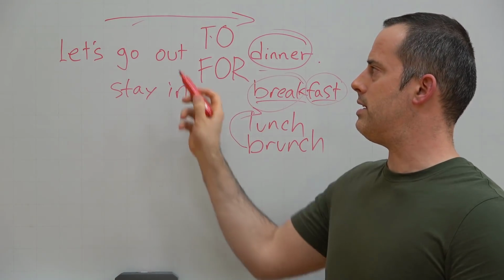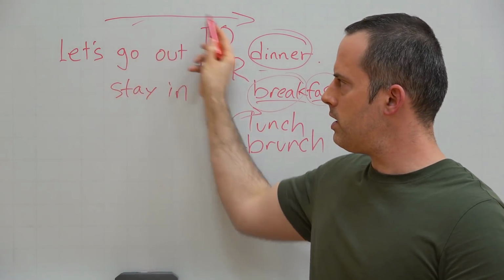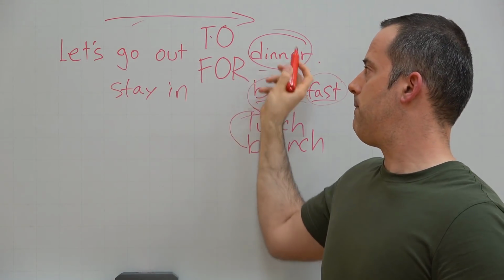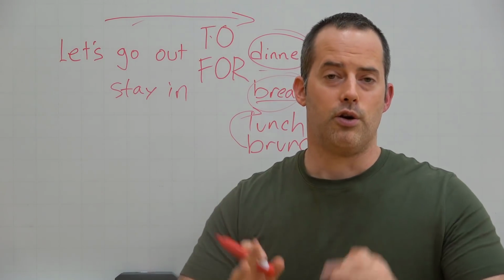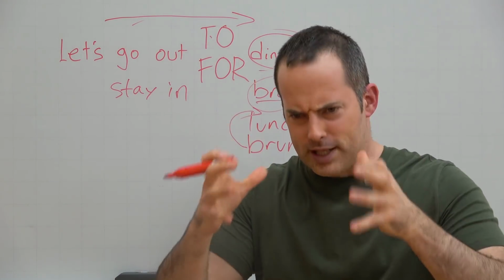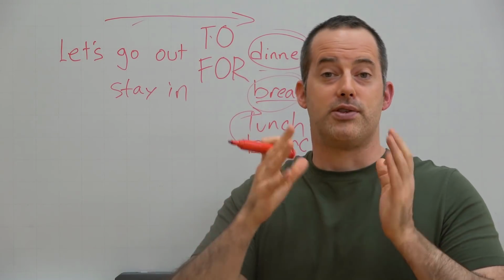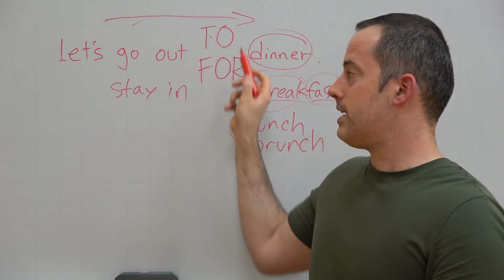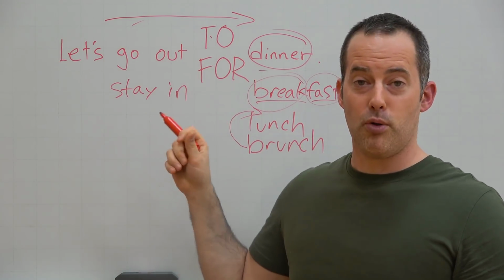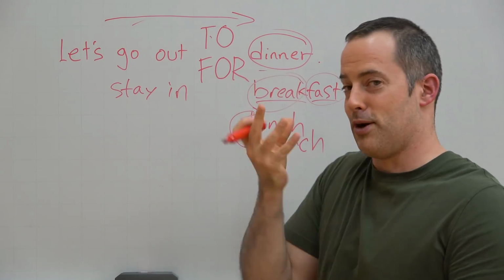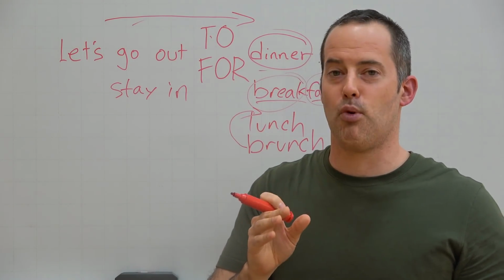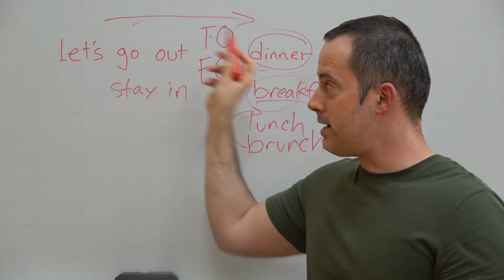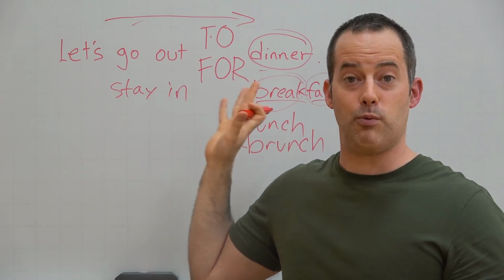So anyway, remember this idea. If you're talking about going to something, we're thinking a bit more about the motion to that thing, the traveling to that thing. And if we're talking about for, we're thinking about the result. But you don't really have to think about this so strictly that you have to use one or the other. This is just so you can understand the native way of thinking about this. In this case, you really will see examples of both. And natives really are just talking about having some food somewhere. So it's not that important. Even natives are not thinking about the grammar this much, but usually this is kind of the idea that you're getting in the back of your head when you think about this.